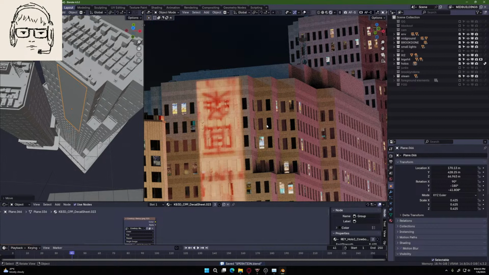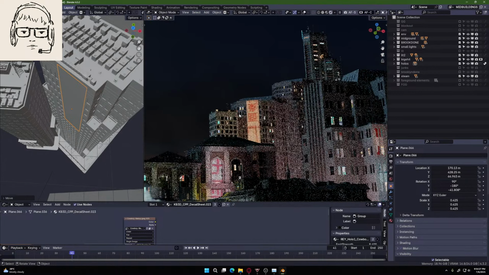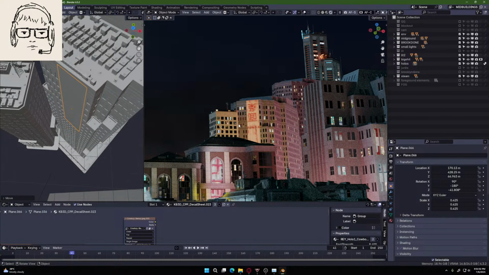Like if I were to make a solution where, if I change the holograms, I mean, the billboards, I keep calling them holograms. I mean, if I change the billboards and